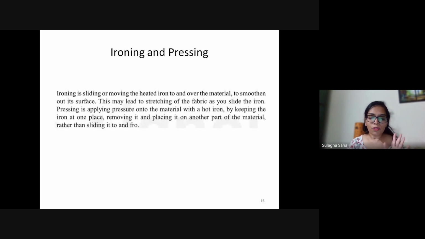Okay, before we move on, there are a few things that are very important while you are using the iron, which is understanding the material that you're using.